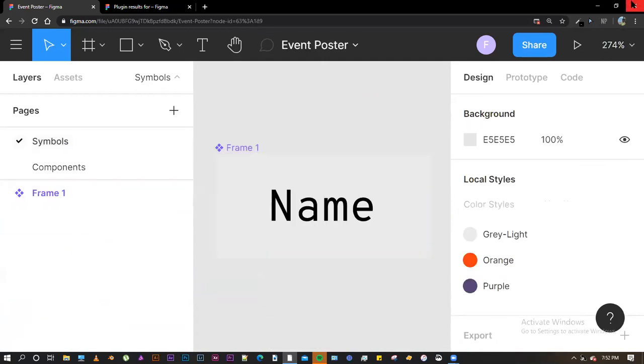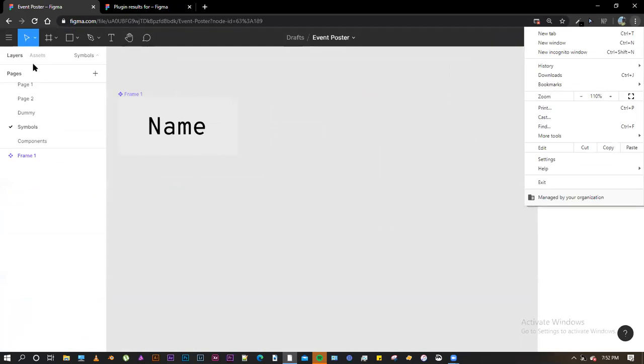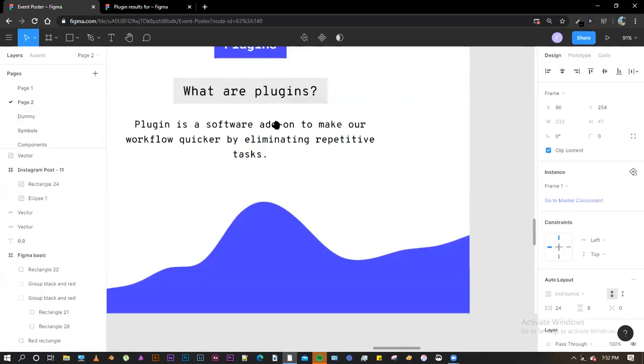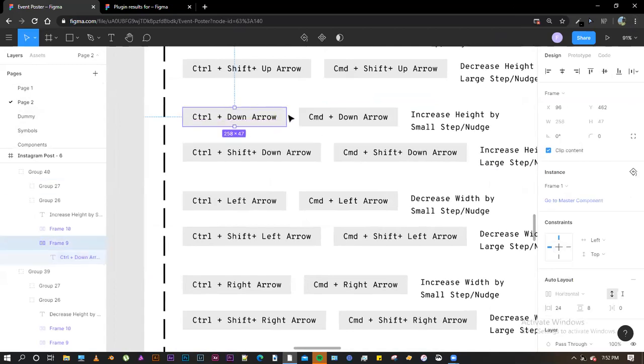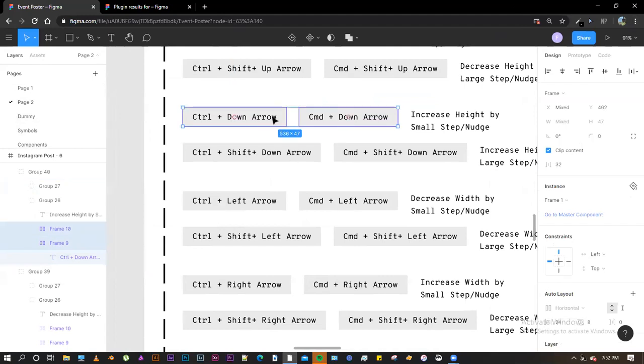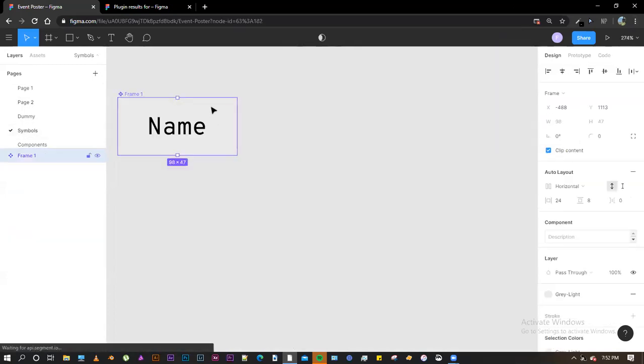All right. So one thing I would like to show you is all these headers or all these rectangles with text that you see here, these are all components which I created beforehand to illustrate. All right. And if I go on to the symbols page, and if I Control click on this, I'm expanding it.